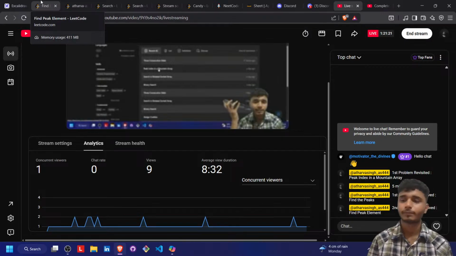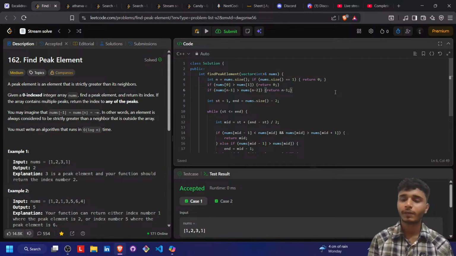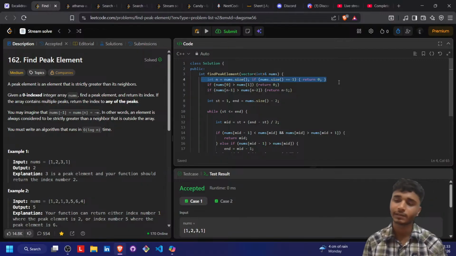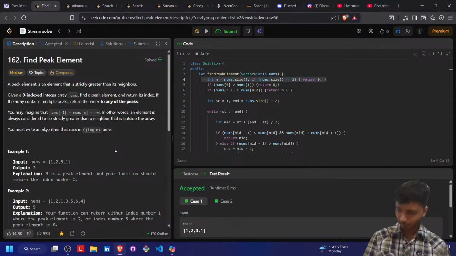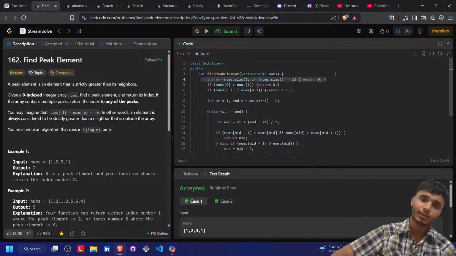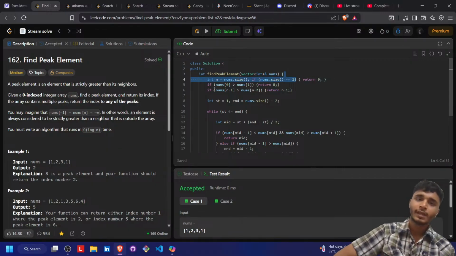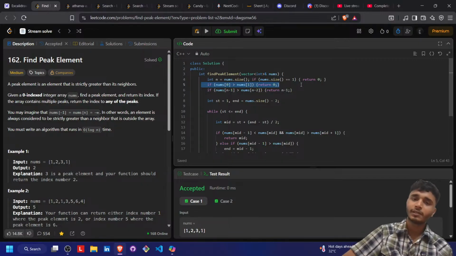And yeah, in this, what we did before binary search, we check for those values. If only one value is present in the array, then in that case we can return that index, which is 0. If nums 0 is more than nums 1, then return 0. If nums n minus 1 is more than n minus 2,